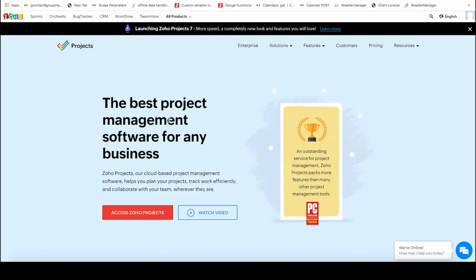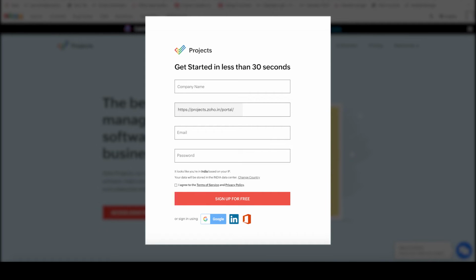In order to sign up with Zoho Projects and create your portal, you can navigate to the Zoho Projects sign up page. In the sign up page, you can enter your company name, which will also be your portal name. Your portal name is unique. So if a portal with this name already exists, you will be prompted to enter another name. Also, an email ID can be used to create only one portal. Once you create a portal with your mail ID, you cannot use the same ID to create a new Zoho Projects portal. Further, you can enter your credentials, choose your region, and sign up to create your Zoho Projects portal.